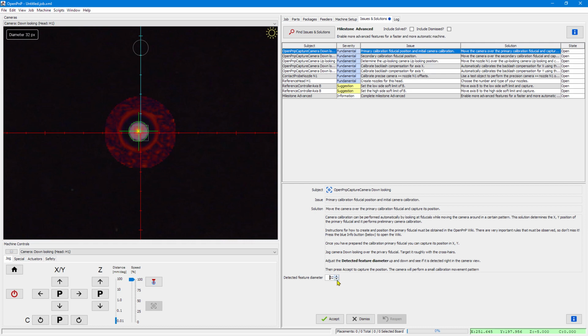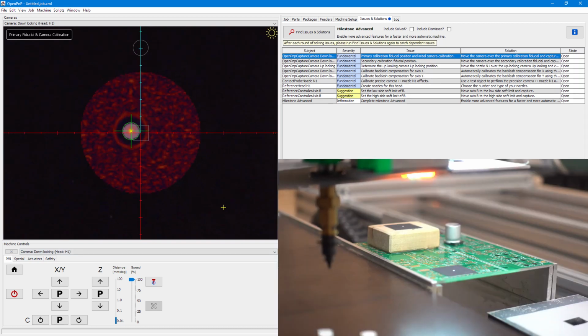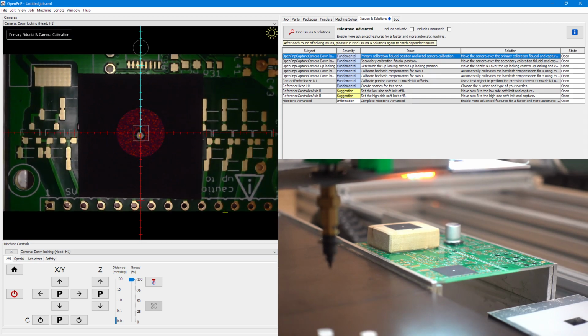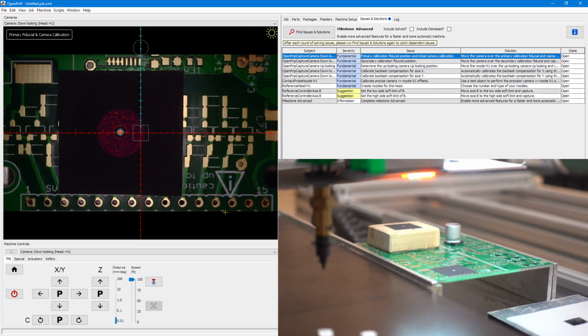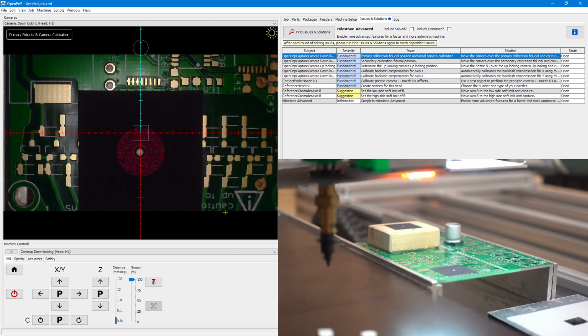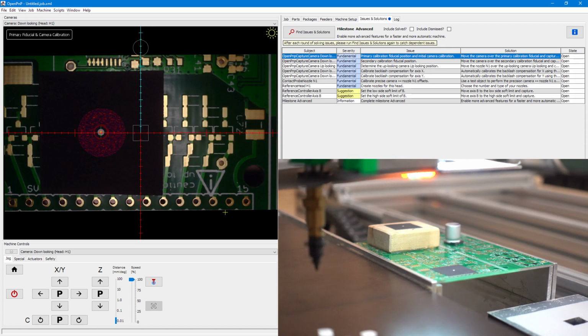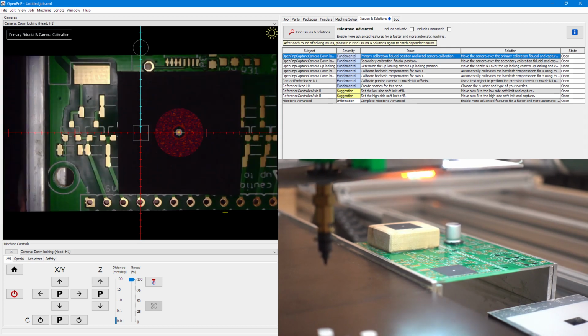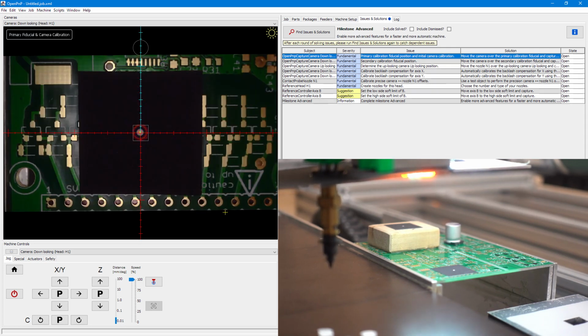And we're on the first such calibration step, which is the primary calibration, fiducial position and initial camera calibration. What this does is it performs a pattern of movement over the fiducial to recognize the camera orientation, flip, switches, rotation, and so on, and most importantly the units per pixel resolution of the camera. This is used to get the real scale of the camera,